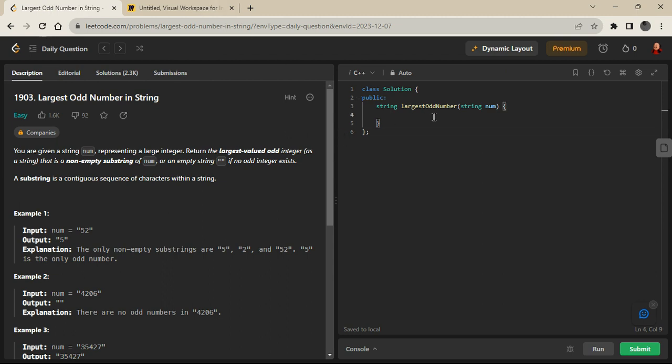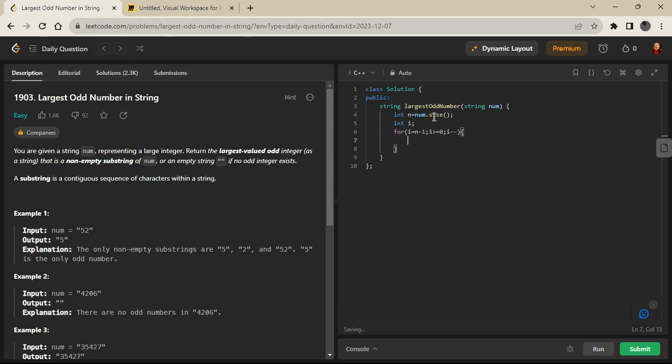In the first step we simply calculate n, which is the length of our string, num.size. After calculating, we declare an integer i for iterating over this string. Now we iterate over the whole string, from i equals n minus 1, the last index, while i is greater than or equal to 0, the first index, with i minus minus.